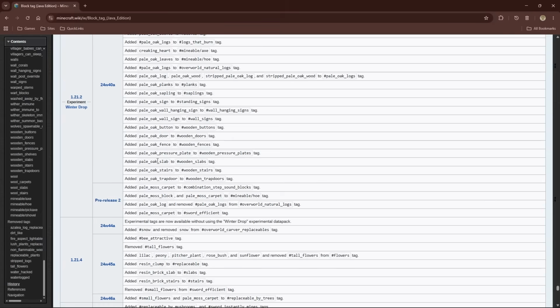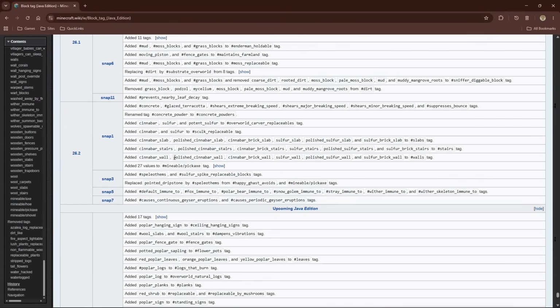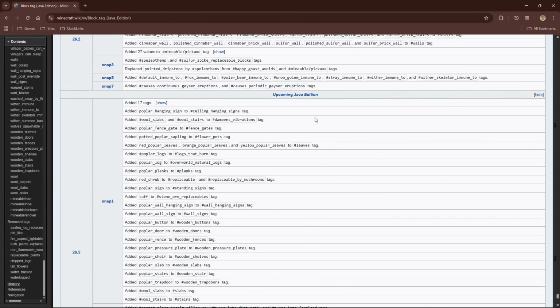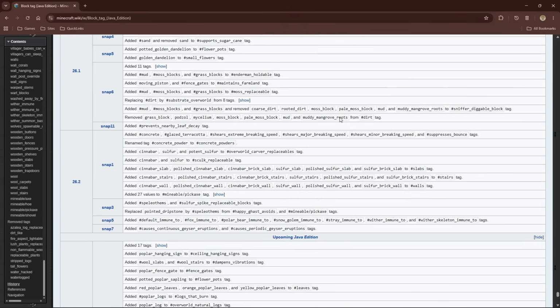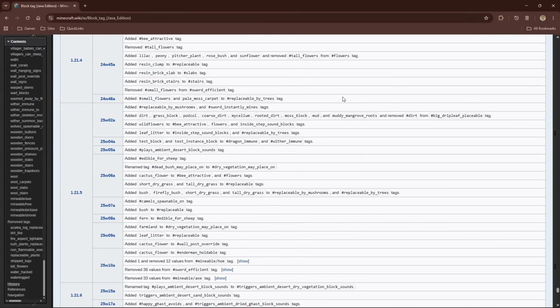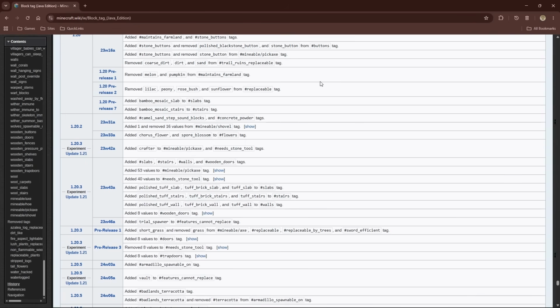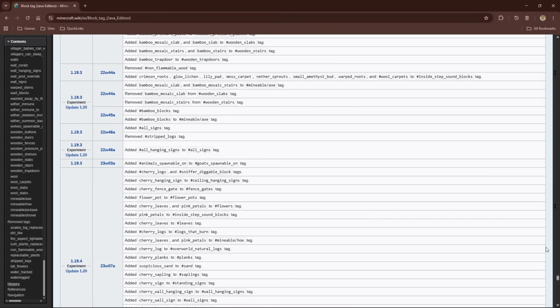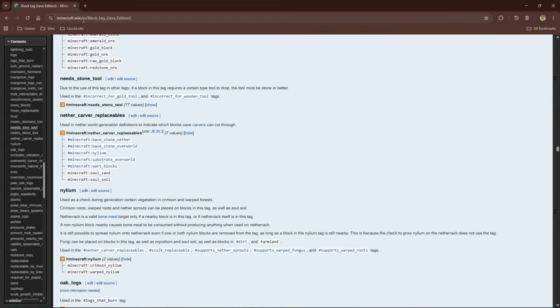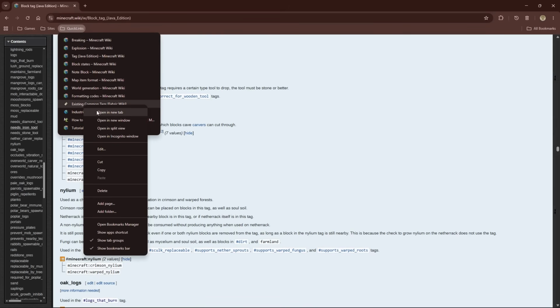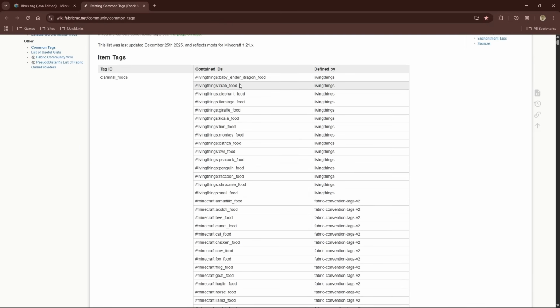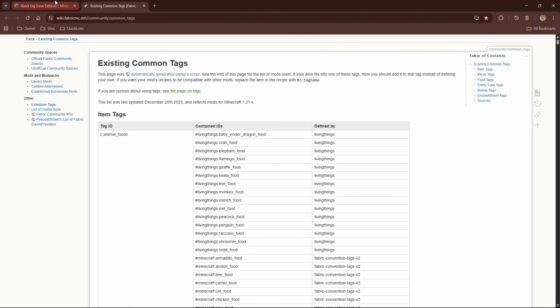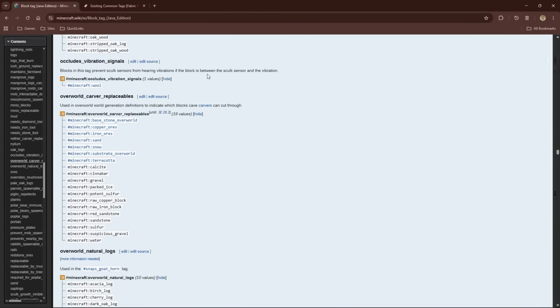And like with blocks, there are so many blocks here and so many history events. And there's also upcoming, which is going to be fun, some changes with that one. But other than that, I'll provide this link as well, and hopefully you guys will be able to make use of that. Again, these two tag sites are basically for mod compatibility. So you would use these for making compatibility between your mods or other mods that you don't own. And even the game in that case, like some of these tags for Minecraft, for example,